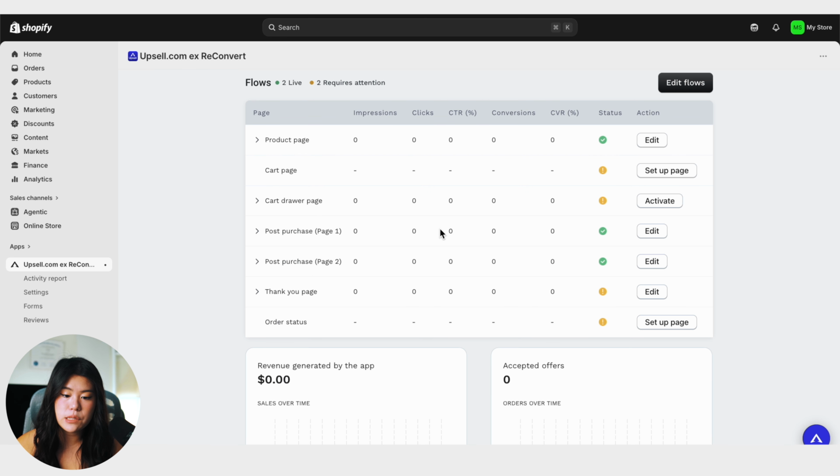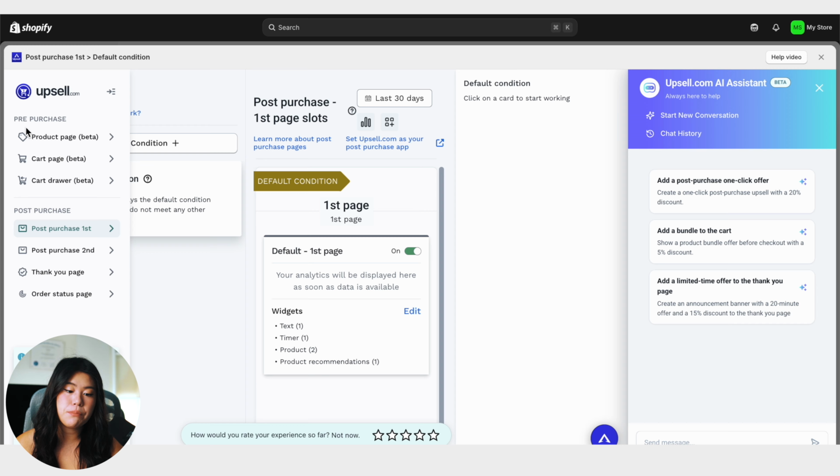So from the dashboard, I'm going to find post-purchase page 1, and then I'm going to click on edit. So now you're inside the post-purchase flow builder. On the left, you'll see the pages, conditions, and widgets in this flow. In the middle, you'll see the preview of what the customer could see after they buy. And then on the right, you'll see the upsell.com AI assistant, which can help you create the offer without building